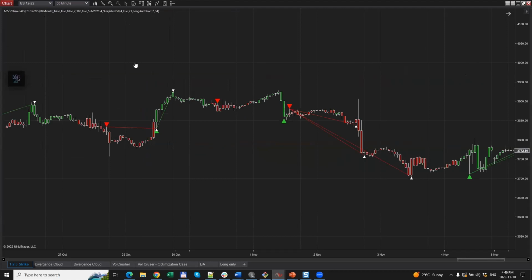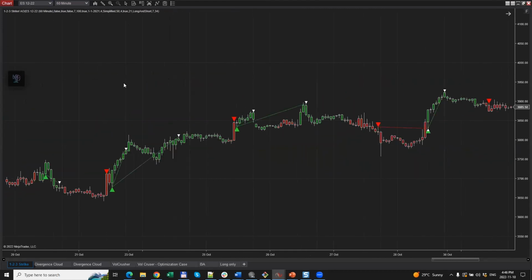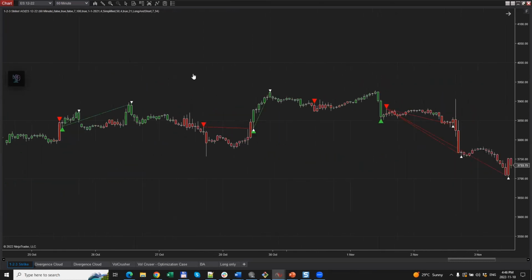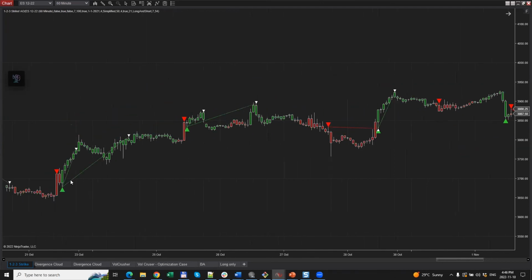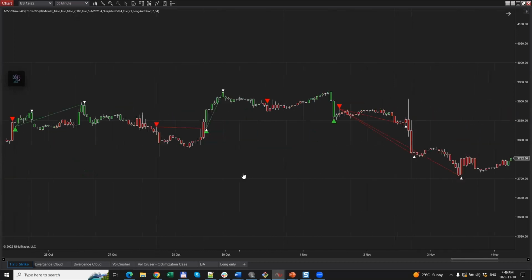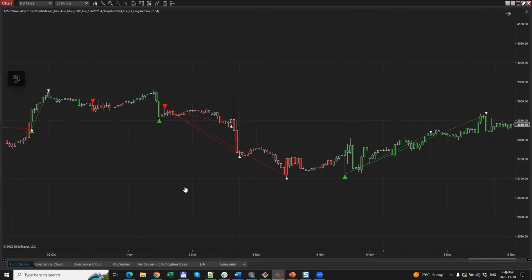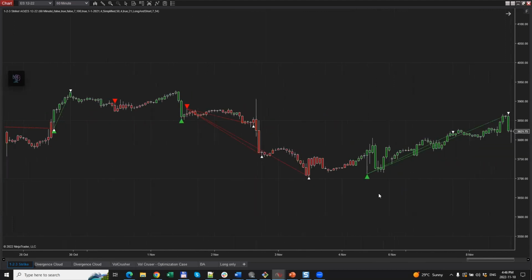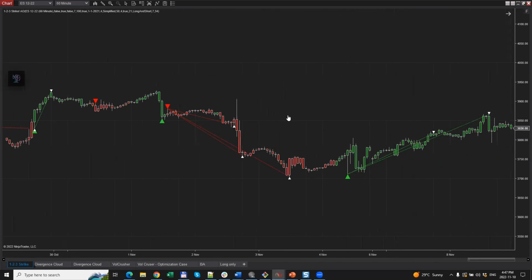And applied to this particular chart is our 1, 2, 3 strike indicator. So let me quickly explain to you how this indicator works in principle. These bigger green triangles, as you can see here, are long entry signals, and the bigger red ones are short entry signals. In addition to each entry signal, the indicator also suggests some exit or partial exit suggestions, which are denoted by these little white triangles.